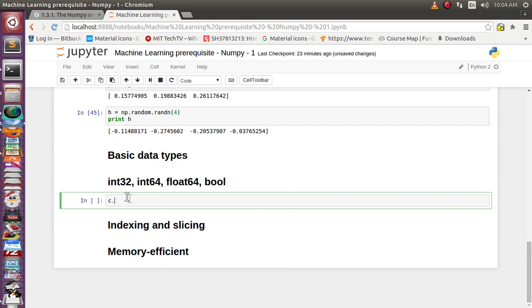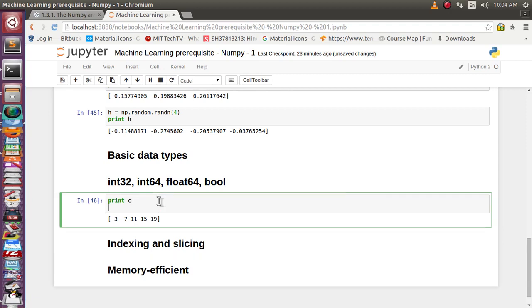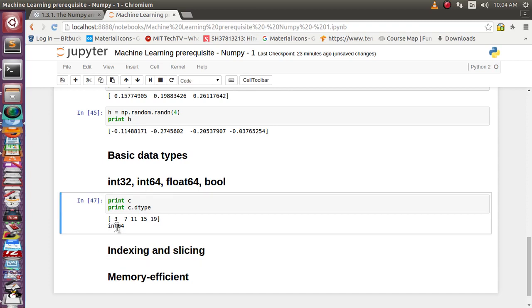You can write, let's print first C. Now we want to print C dot dtype. So it has created integer 64-bit. That means every element of this array has a size of 64-bit.